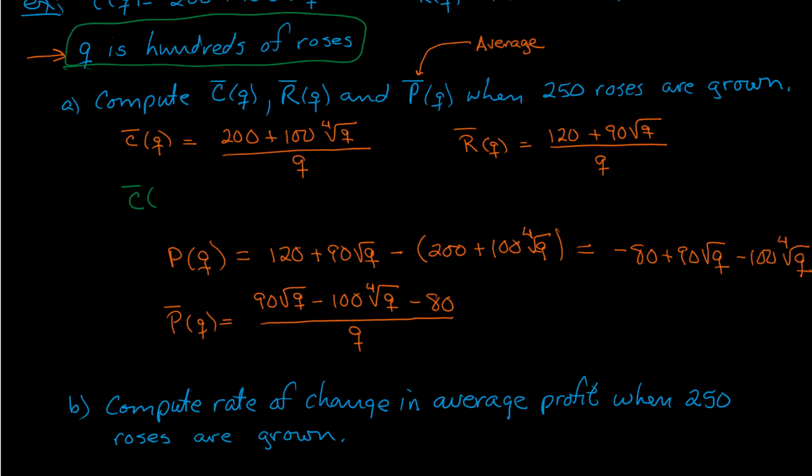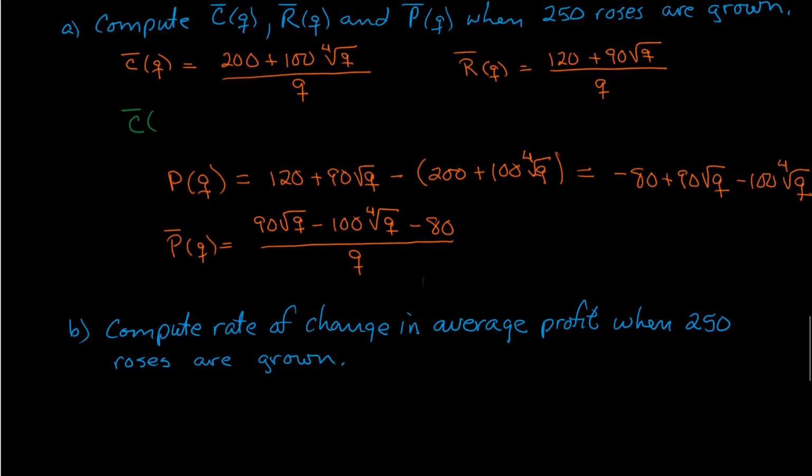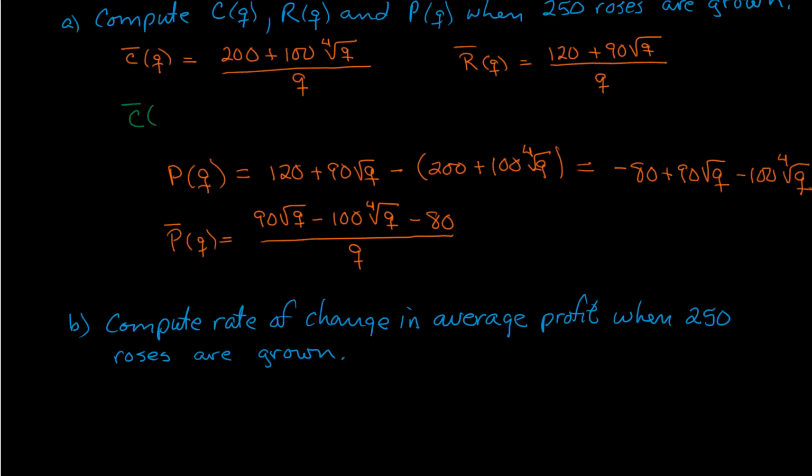So 2 means 200 roses. 3 means 300 roses. If we're going to do 250 roses, that's going to be 2.5. So this is going to be 200 plus 100 times 2.5 to the 1/4 power, all divided by 2.5. Not going to mess with plugging that into the calculator and figuring it out, but there is how you would